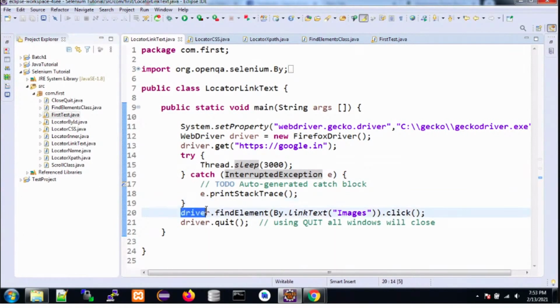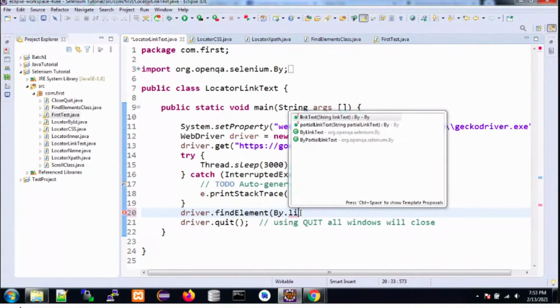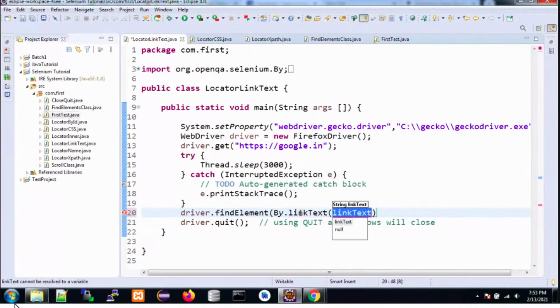Okay, so in the next line, what we are doing is finding the element again via the link text locator functionality. Let me show. Up to this point, it is the common driver.find_element(By.LINK_TEXT). So we have this dedicated function link text, and I will pass the link text as an argument in this. So this is the argument in this link text function. Again, function and argument.